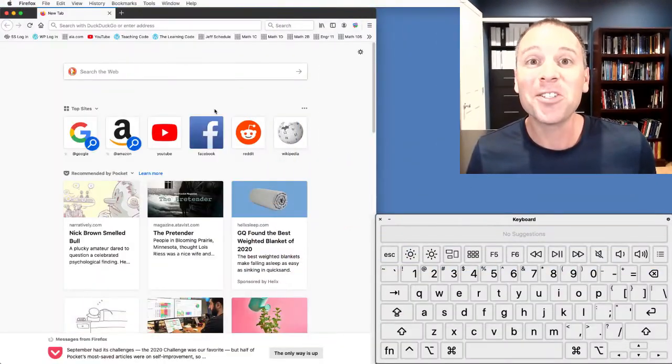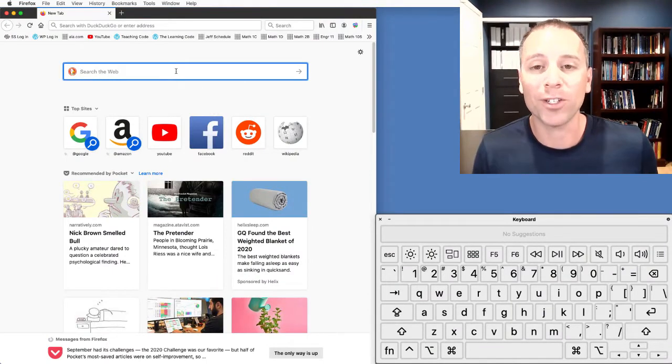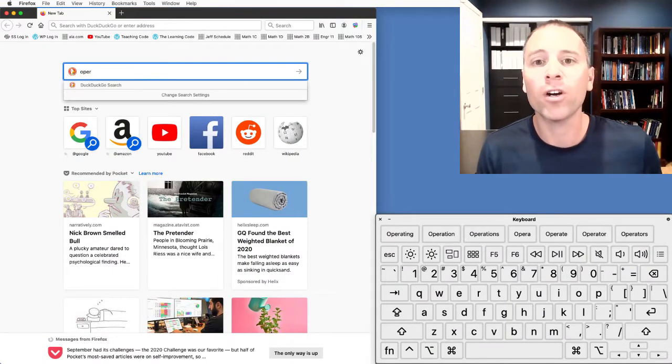Now, for you math heads out there, you've probably heard that word function. I'm out here trying to function in the context of a math class. Here, we're talking about the word function from the standpoint of programming. Before we dive into the differences between what those are, I want to introduce some language that is useful in this context. To do so, let's go to our favorite search browser and type in operator overloading.